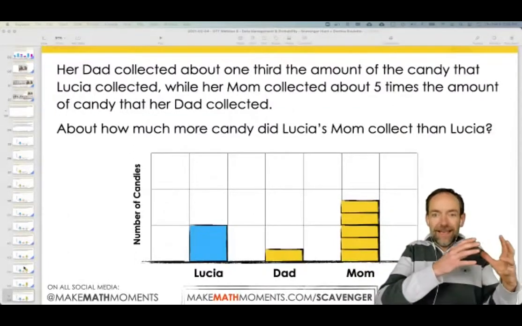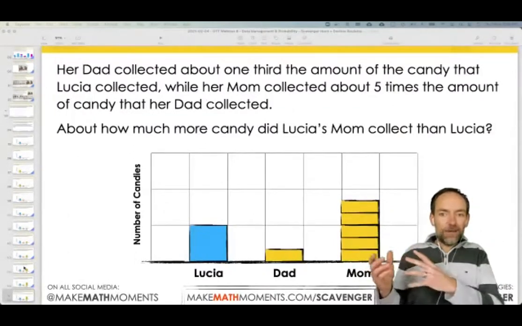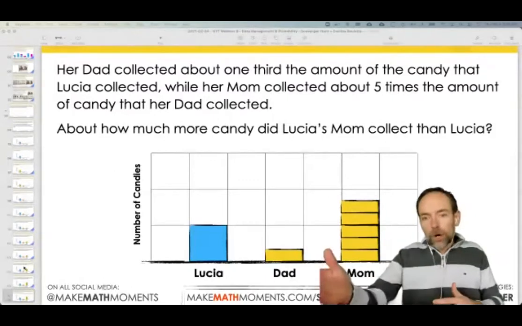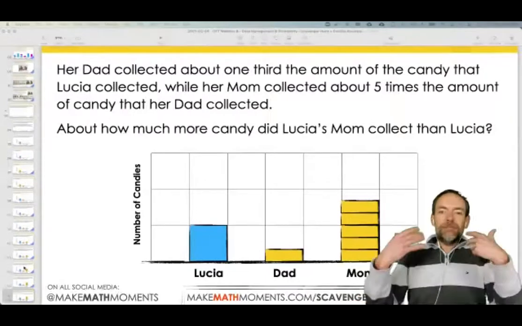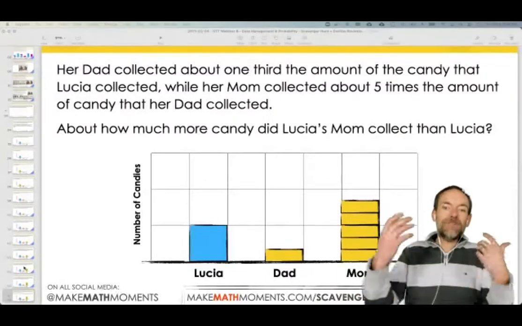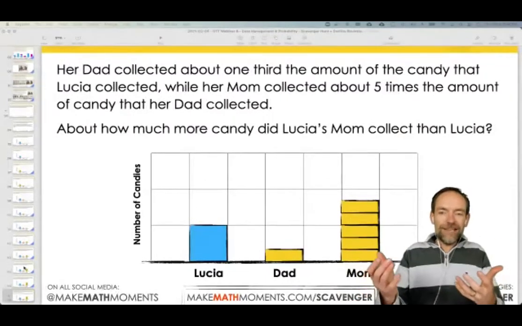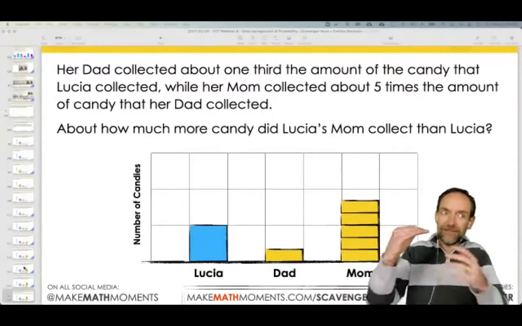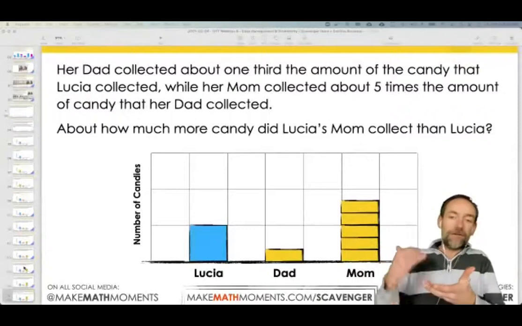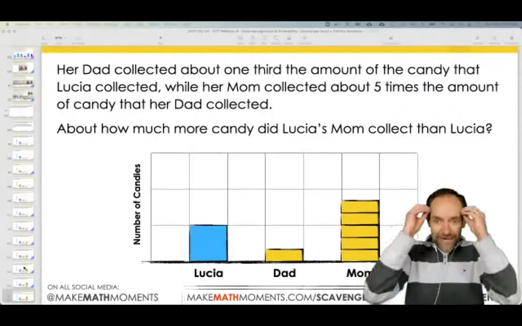And I would argue that this is where the language becomes really important, because what we're dealing with, John, what you've highlighted is this difference between additive thinking and multiplicative thinking, or what we like to call absolute thinking and relative thinking. So if we're thinking additively, we're thinking of how many more or how many less. And when we're thinking multiplicatively, we're thinking how many times more, right? It's funny because we could say how many times more, but it's still times if we're thinking less. It would just be a fractional amount, right? So that's kind of a mind-blowing one.